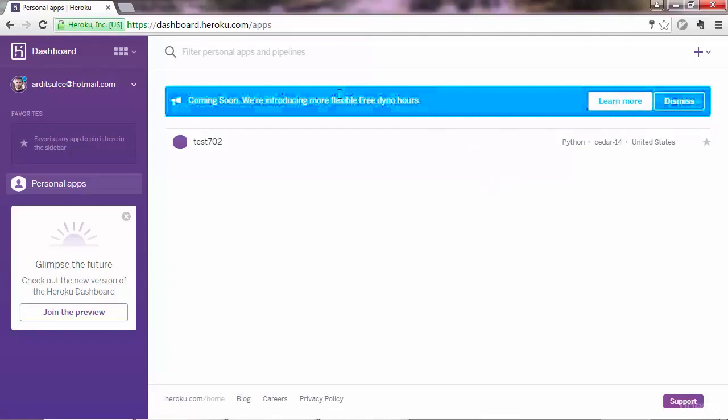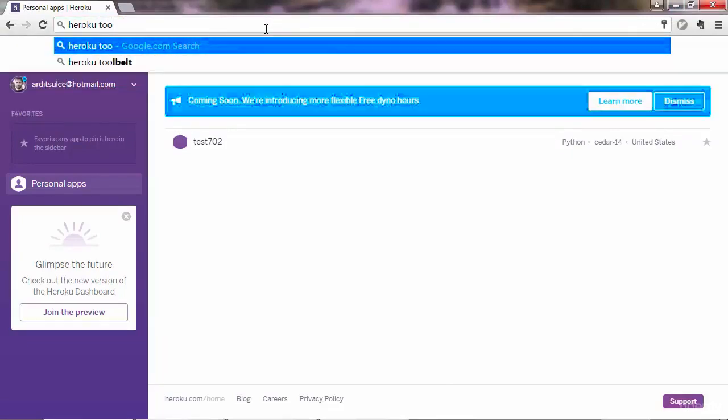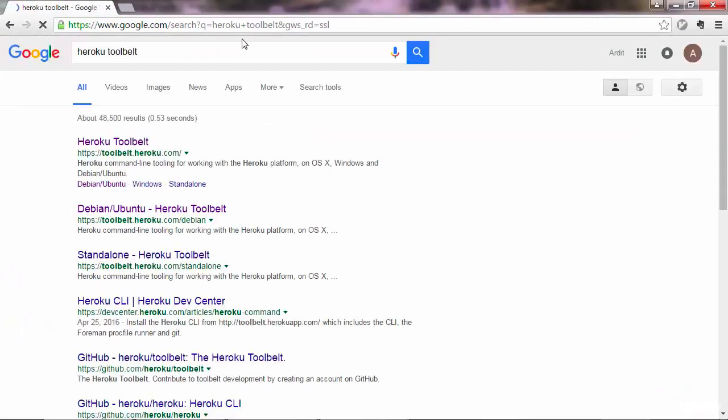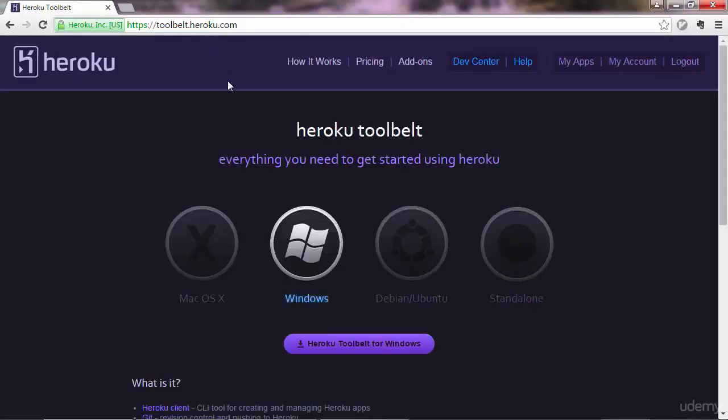Yeah, basically we're done with the web page of Heroku. So step 1 was to create an account. Step 2 is you need to download the Heroku tool belt. So it's served by Heroku. This is a tool that allows you to communicate with the Heroku server through your command line. So yeah, basically we'll be sending commands to the Heroku server, and we need to download and install Heroku for that. So just go ahead and choose your Heroku for your operating system,